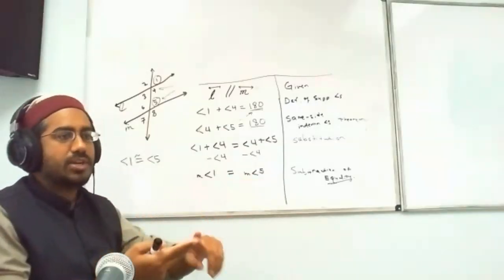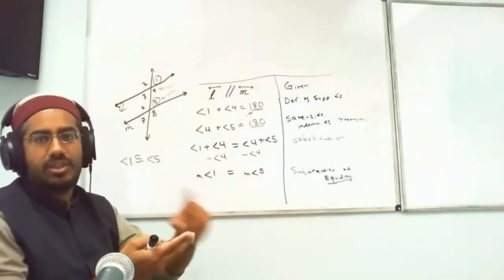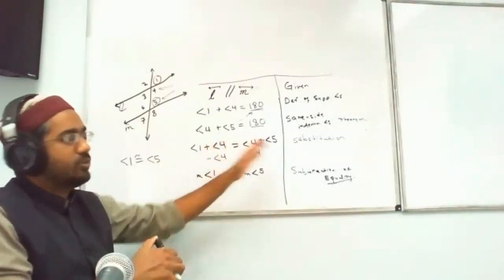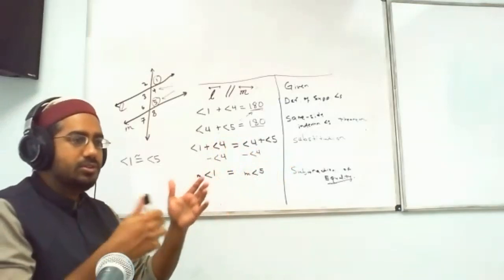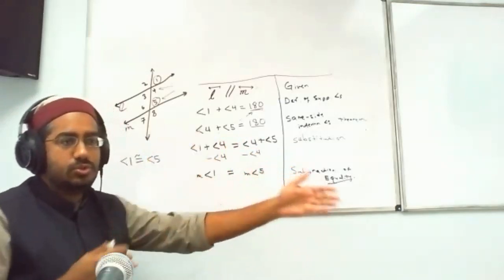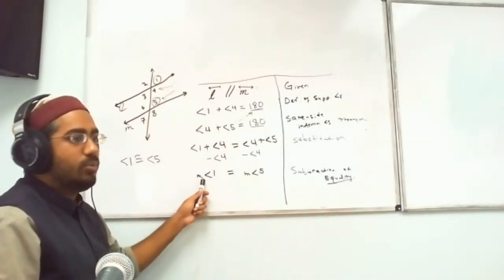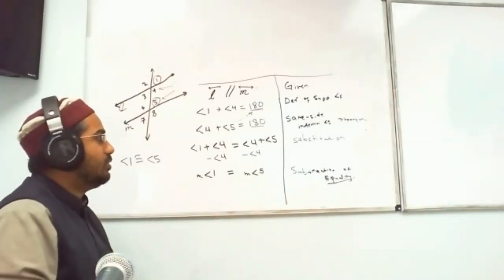All right. Okay. So that's what subtraction means. So it's the same thing for all of them: addition, subtraction, multiplication, division. They're all the same idea. If you do something to one side of an equation, you can do the same thing to the other side of the equation. So the measure of angle 1 is the measure of angle 5. Now from here,